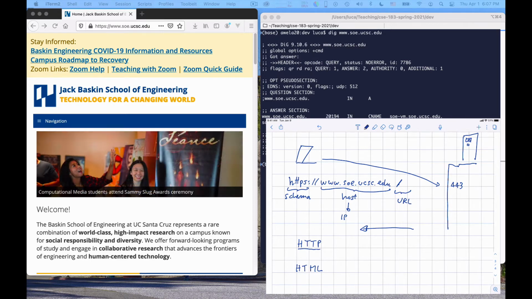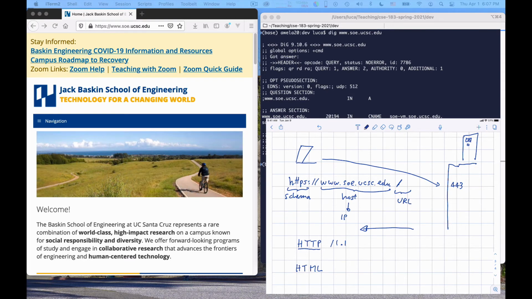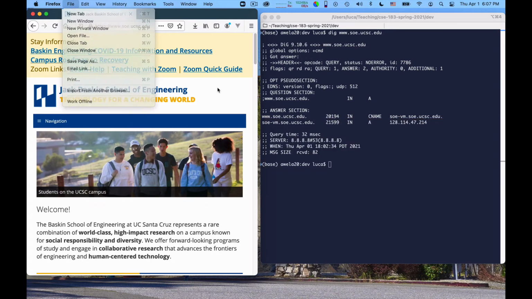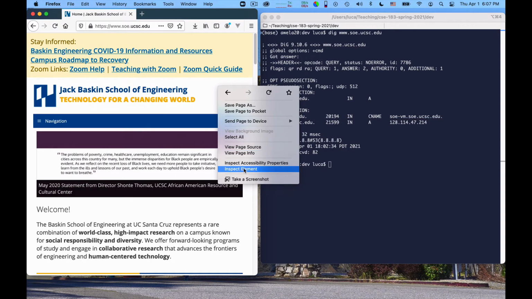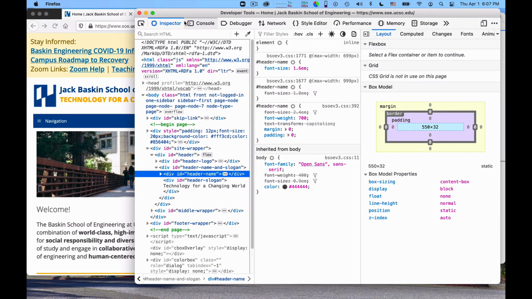There are various versions of it. I think the one most common right now is 1.1, but rather than going through the theory of it, what is most interesting for us is to see it in action, which is actually quite easy and pleasant, and you need to do it a lot in this class. So you take your browser, but what I do all the time is click on Inspect Element. This opens the website inspector, and you have many tabs.